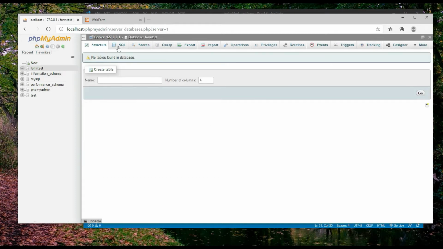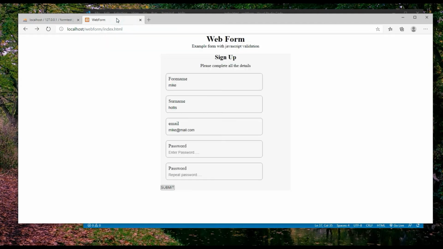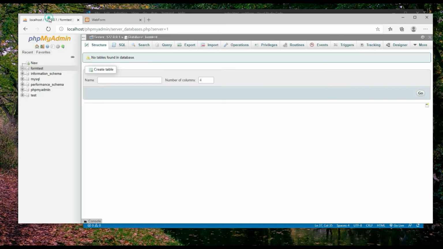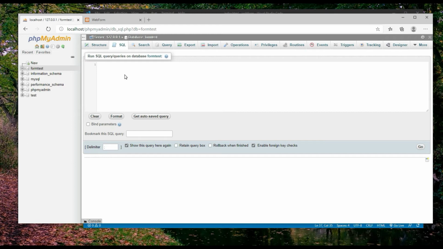I'm now going to create a table within there where I can store my information. So what information do I need to store? Well, I need to store the forename, the surname, the email and the password. So I'm going to use SQL to create it. We're going to use a lot more SQL as we go through. With SQL, I tend to use capital letters for the commands. So I've got CREATE TABLE. I'm going to call the table member,